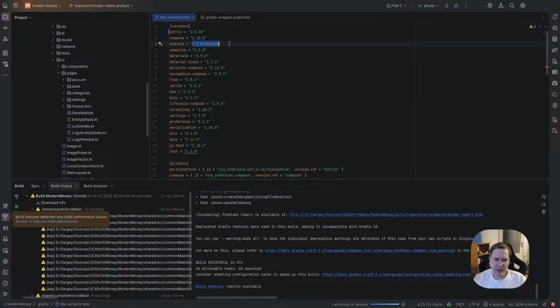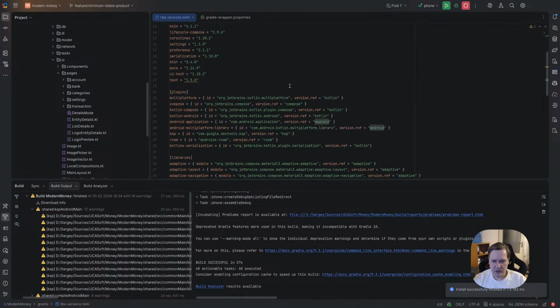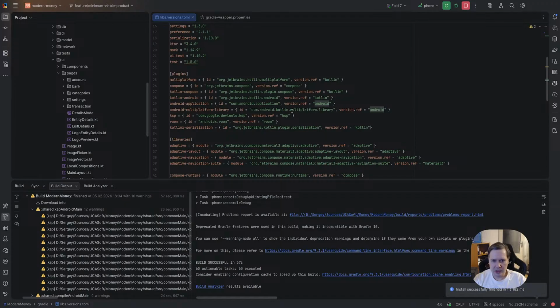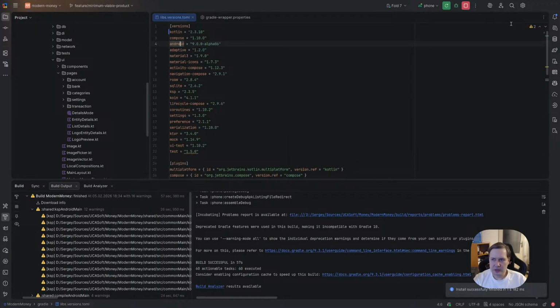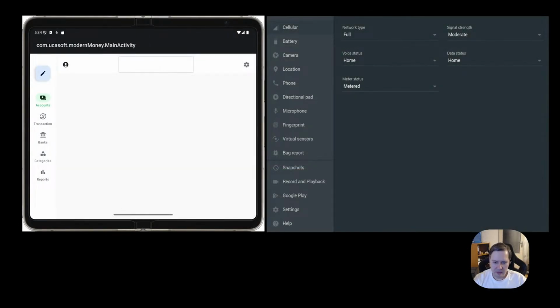Maybe you can see that I have Alpha 06 for the Android application and multiplatform library. It's just because it's integrated inside the IntelliJ IDEA plugin. Unfortunately, you don't see it, but the Android Gradle plugin, AGP, I guess, doesn't support more than 9. I'm pretty sure that it's supported at the Android Studio level, but because we're using IntelliJ IDEA as well, since we're implementing a multiplatform application, we have to use a version which is compatible. Anyway,